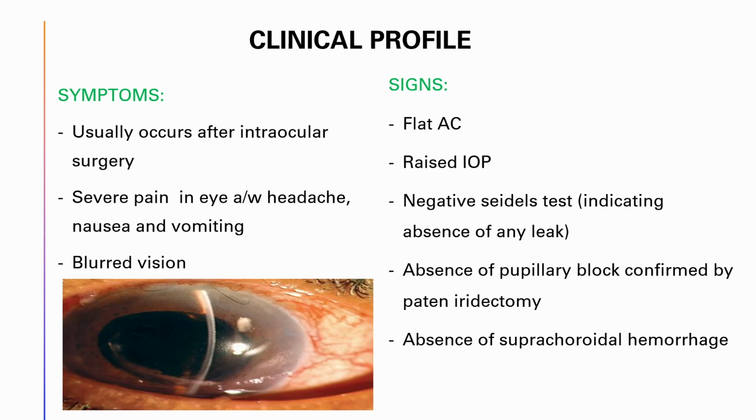Now coming to the clinical profile symptoms, it usually occurs after an intraocular surgery. That is peripheral iridectomy, filtration surgery, trabeculectomy, and patients develop the following symptoms, which are severe pain in the eye associated with headache, nausea, and vomiting and blurred vision. Signs may be flat anterior chamber, raised IOP, negative Seidel's test, absence of pupillary block, confirmed by patent iridectomy, and